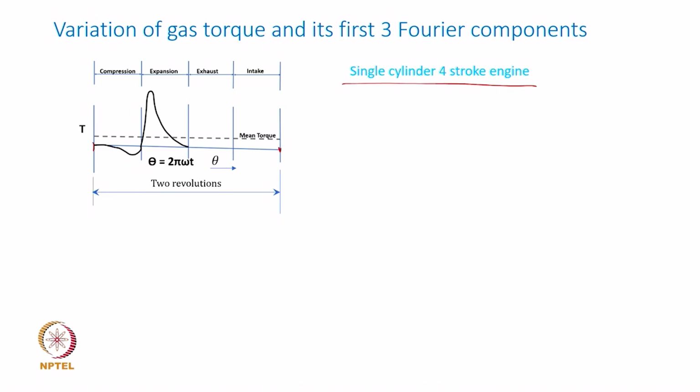That is important, it is not going to be only 1 revolution. All of these cycles will be finishing in one rotation for a 2-stroke engine, right. So, now we are talking of 2 revolutions in a 4-stroke engine. Okay. Now, if we all know now how this periodic excitation time function can be decomposed into its